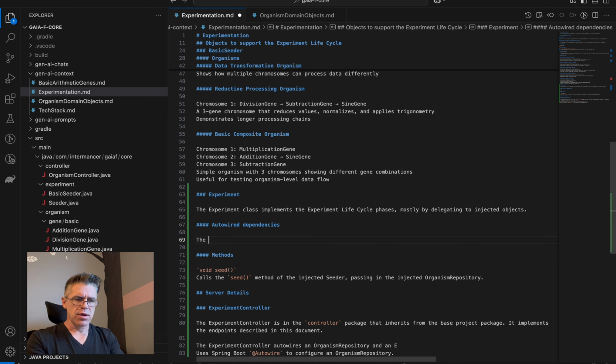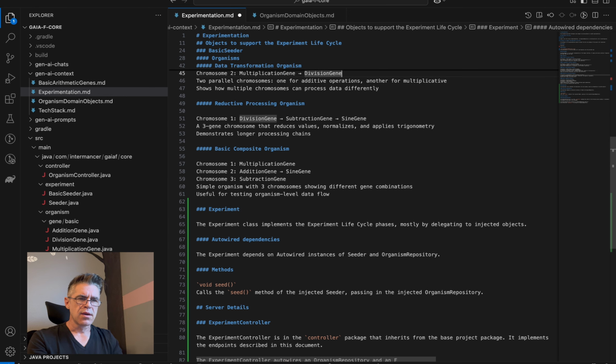The experiment has concrete, depends on auto-wired instances of seeder and organism repository. That's all well and good, but now I have to make this